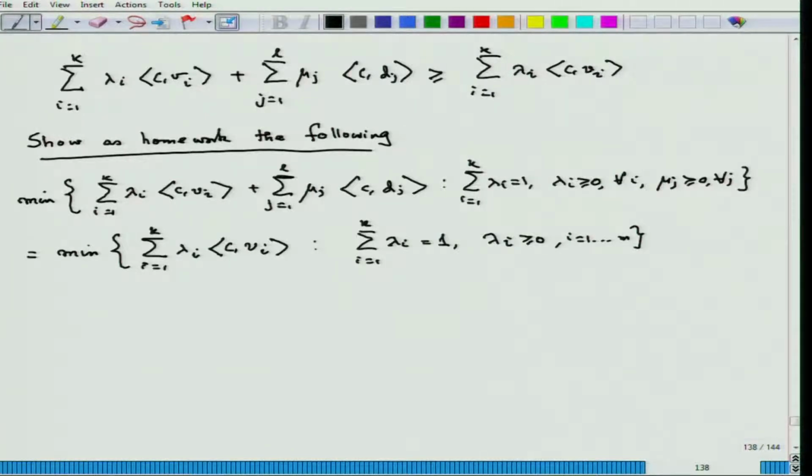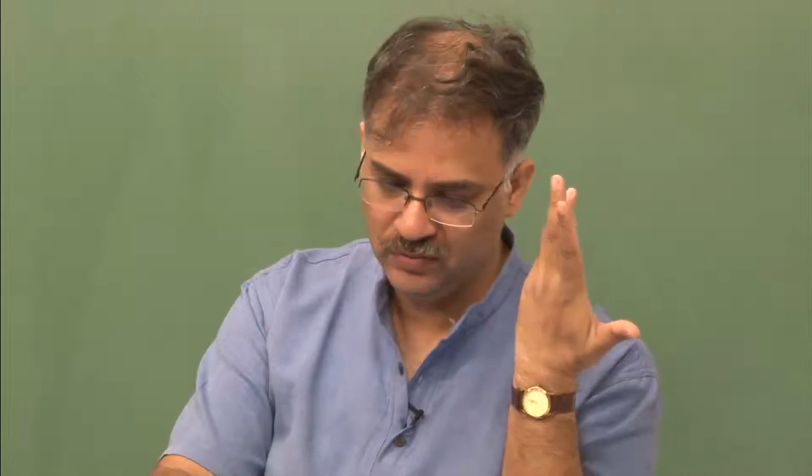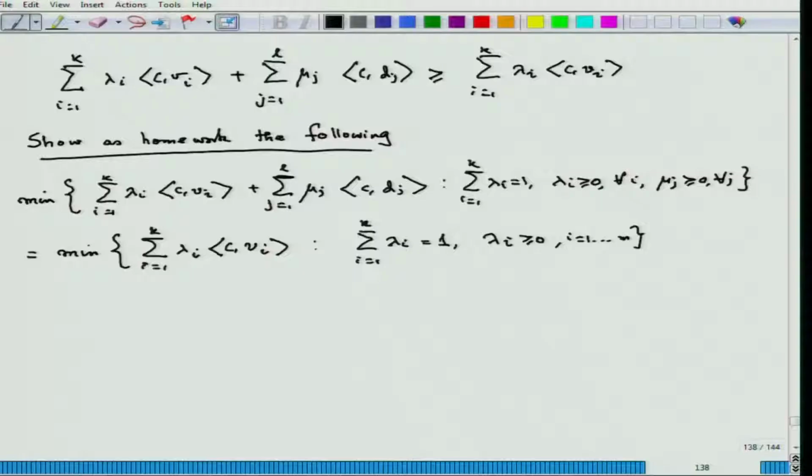So, the minimum value of this is obviously less than this. The infimum exists because we have assumed a lower bound of LP1. For whatever lambda combination I choose, the minimum value of this is always less than this. So, the minimum over lambda is always bigger than the minimum over this, and hence these two are equal, which is absolutely simple. Now, the question is, noting that summation lambda equal to 1,